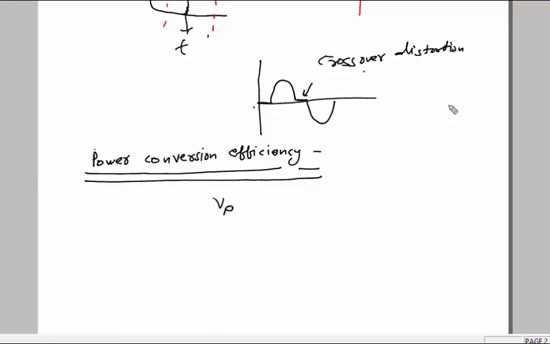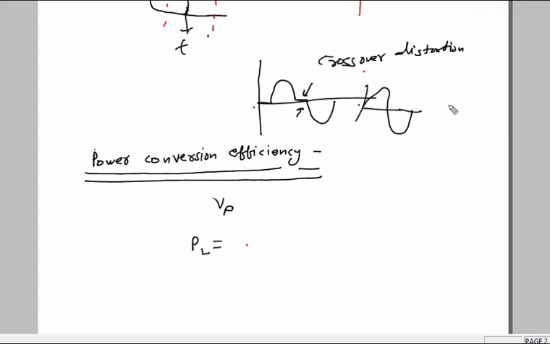Now the average load power will be the same as that of the class A stage, because if we ignore the crossover distortion, we will get this. So it is the same as class A. Okay, so the average load power will be the same as that of the class A type, so we can write directly. We did this in detail for class A. We are writing it directly here.